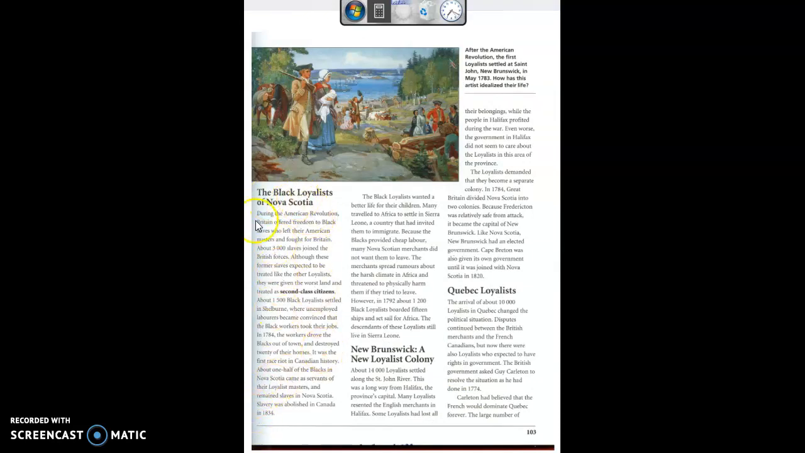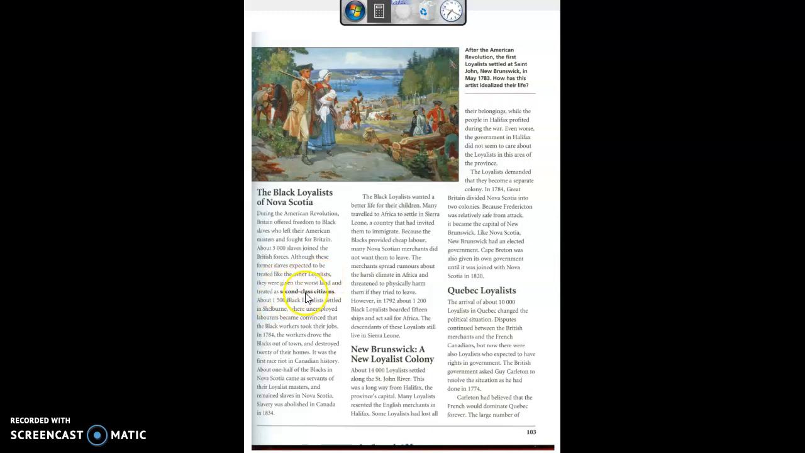The Black Loyalists of Nova Scotia. During the American Revolution, Britain offered freedom to black slaves who left their American masters and fought for Britain. About 3,000 slaves joined the British forces. Although these former slaves expected to be treated like the other Loyalists, they were given the worst land and were